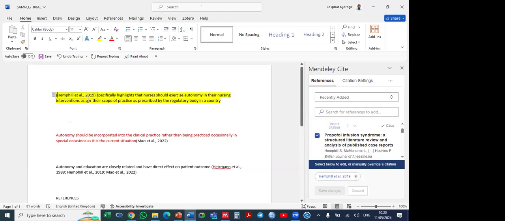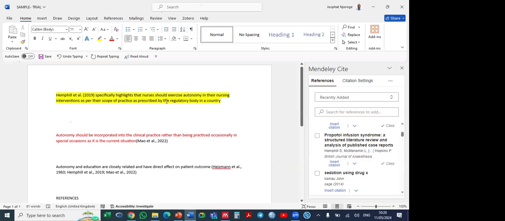You can remove the parenthesis at the end there, because you're just enclosing the year. So it will be Hemifal et al. 2019, specifically highlighted like that. Then it